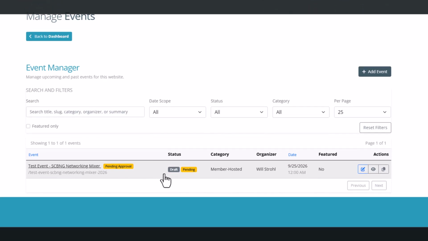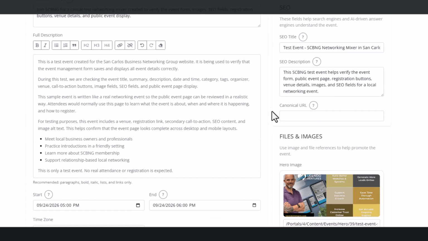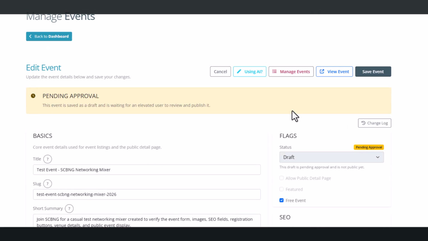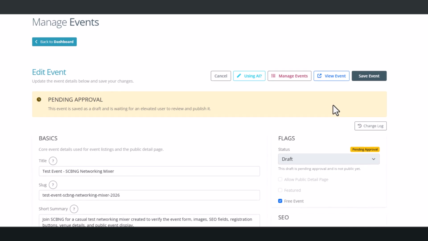But I can see that right now it's pending approval. So at this point, you should have an email that says, "Hey, you just posted an event. Here's a link to get back here." And then as soon as it's approved, it will be visible. Until then, you can click to edit it again. Let's say you made a mistake, or you want to fix a typo, or add another field or something. You can keep editing this, and it'll keep sending a notification, and it'll keep allowing you to edit it until somebody chooses to approve it,